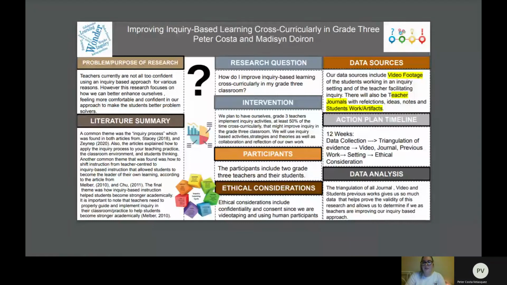and their students, of course. The ethical considerations we have included are ensuring our participants' privacy and confidentiality are maintained by ensuring their performance data is only seen by their teacher. We will also destroy all video footage and performance data after it's not needed anymore, which is really important to